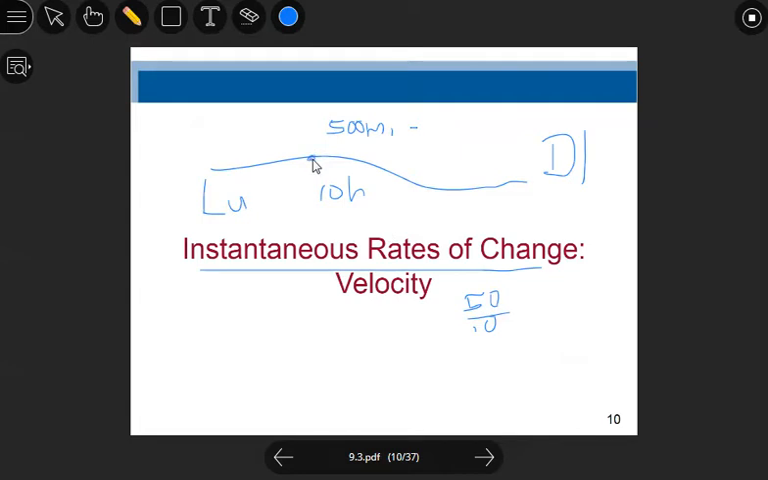So in this point you have some instantaneous rate of change, in this point you have some instantaneous rate of change. So the idea is instantaneous rate of change means the rate of change in that slight moment or that slight point. Okay,